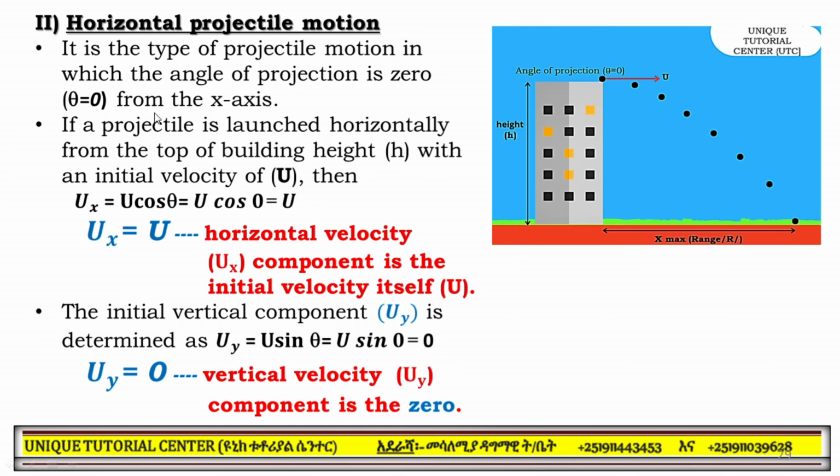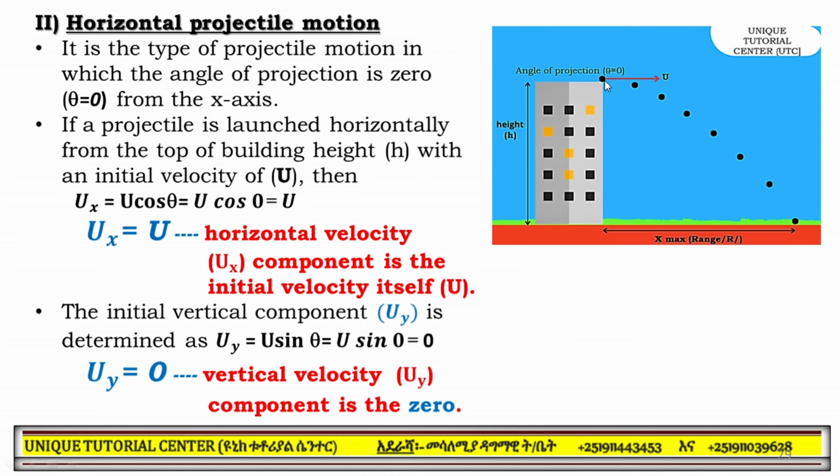Now let's see about the other type of projectile motion, which is known as horizontal projectile motion. So far we were looking at vertical projectile motion, when the projectile is launched upwards. Now it can be on top or a peak of a mountain, a building, a cliff or a tower. So from there, along the horizontal x-axis, when an object is thrown with an initial velocity u, such a projectile motion is known as